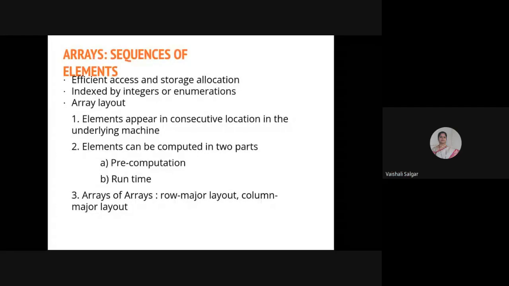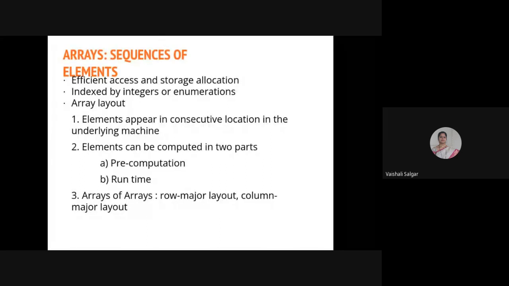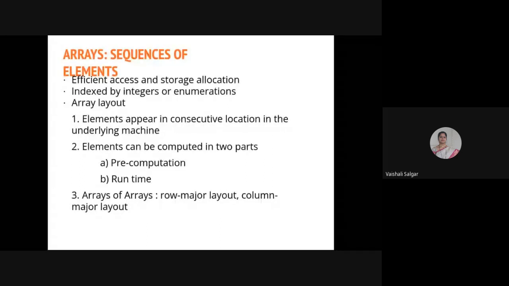arrays. Okay, so basically an array is nothing but a sequence of elements. All of you are familiar with arrays in C programming, have you used arrays in C? Yes, ma'am. Okay, fine. Then it will be a little bit easy to understand. So an array is nothing but a sequence of elements.